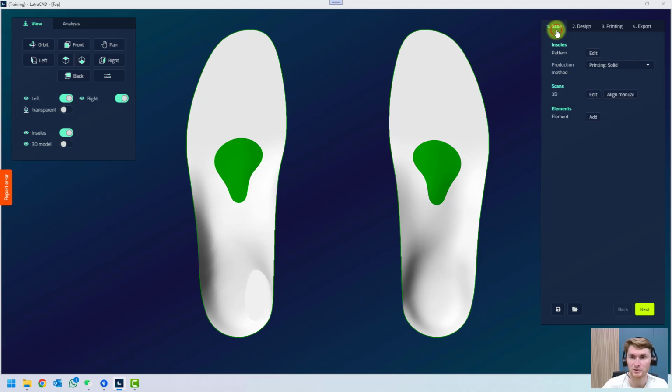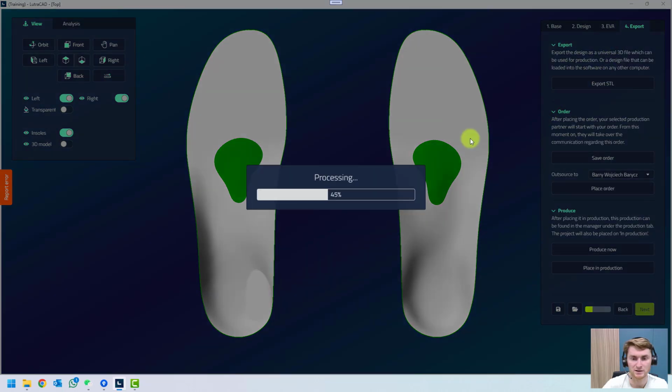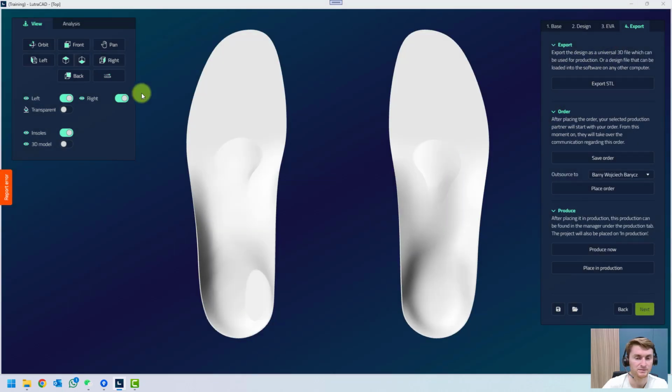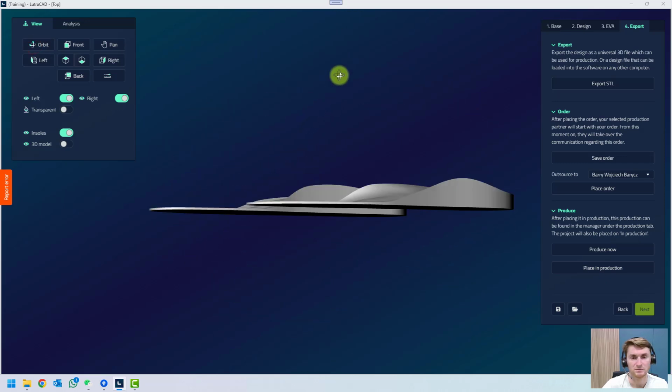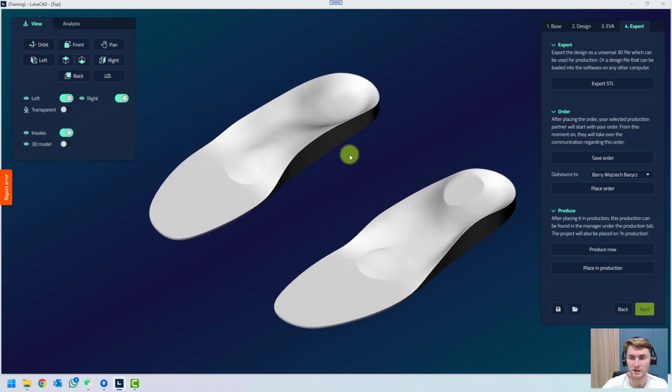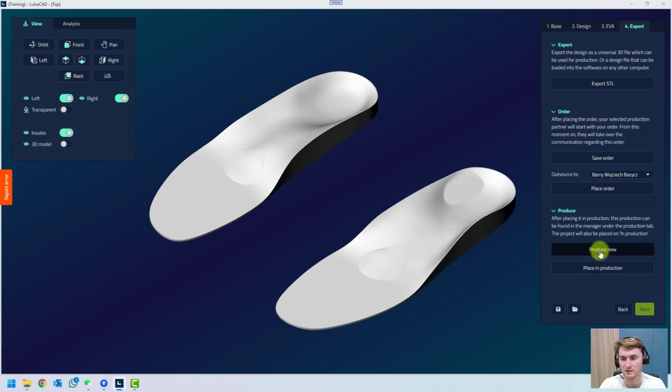It's also possible to change production methods. So if I first 3D printed it, but now I want to mill it, I can put it on milling EVA. And then go to the last step. And now we have a millable file. So now we can click on produce now to add it to our milling table and then